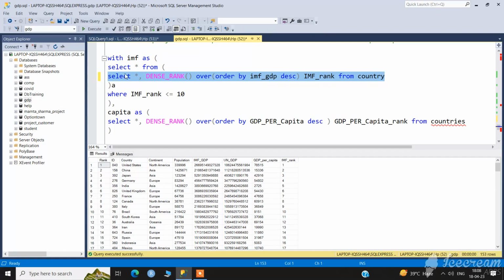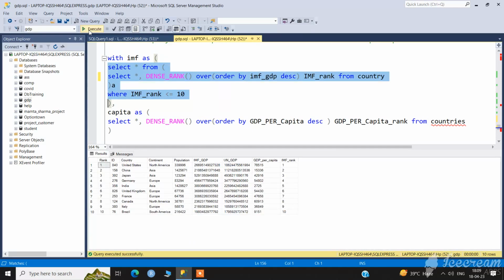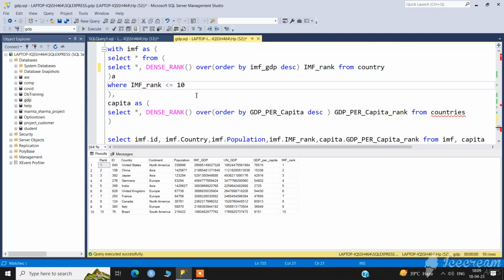This is our table. After this table I want to run only the top 10 countries, because I want only the top 10 countries, not more than that. Okay, then how can I do it? I have used a where condition to slice all those countries, and you can see here I have received only the top 10 countries. Okay, 1 to 10. After that, I have created